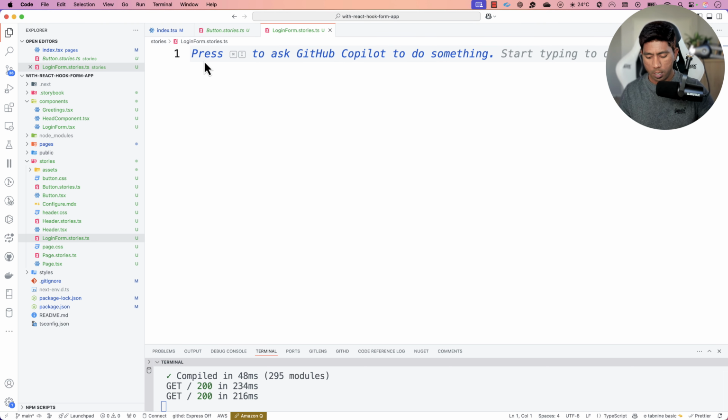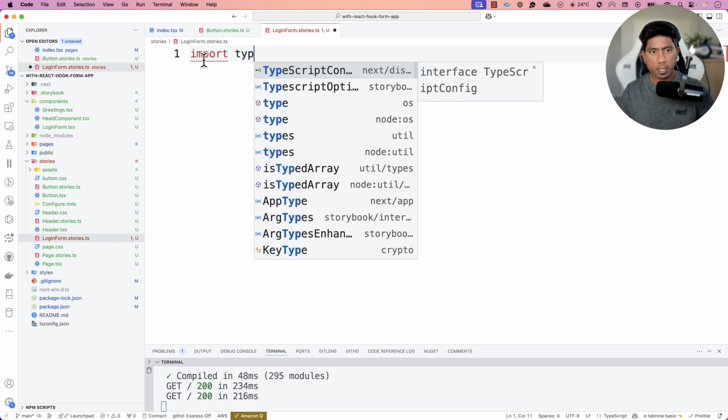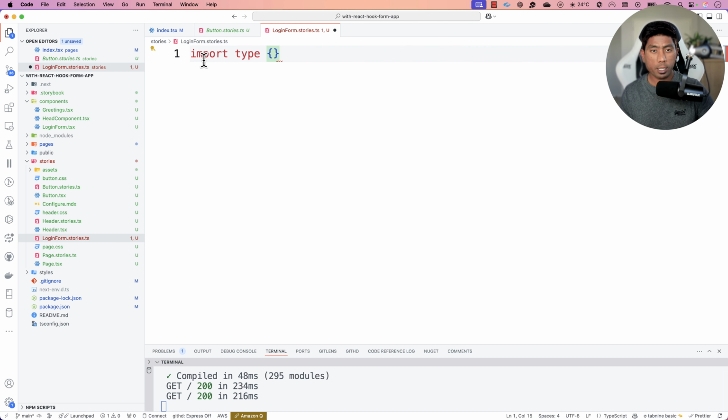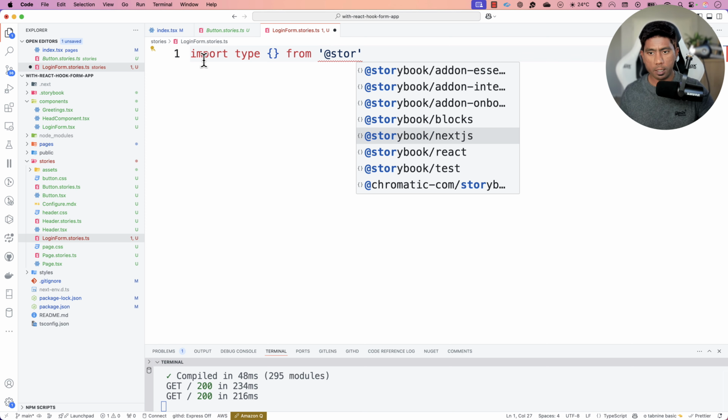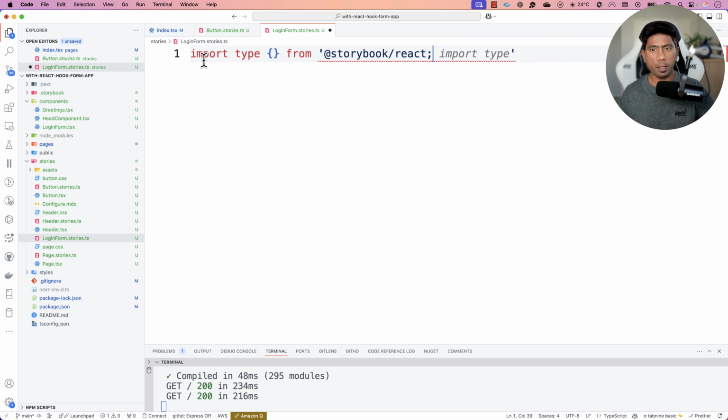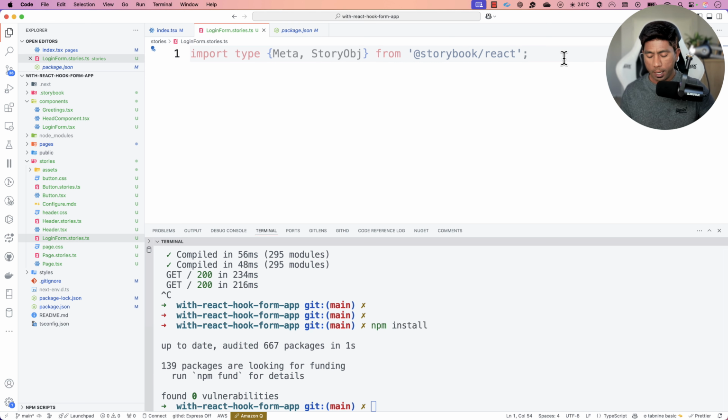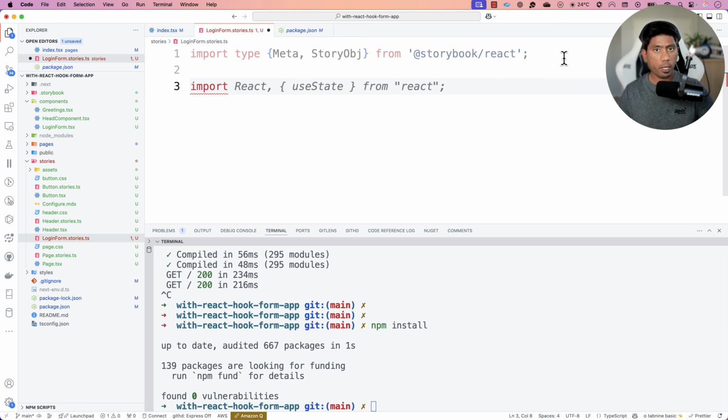So I'm going to say import type. I'm going to basically import two types from the @storybook/react. That's what I'm going to do over there. And the types that I'm going to be importing are going to be Meta and StoryObj. And then I'm going to import the actual component, which is nothing but our login form component. So I'm going to do this LoginForm from